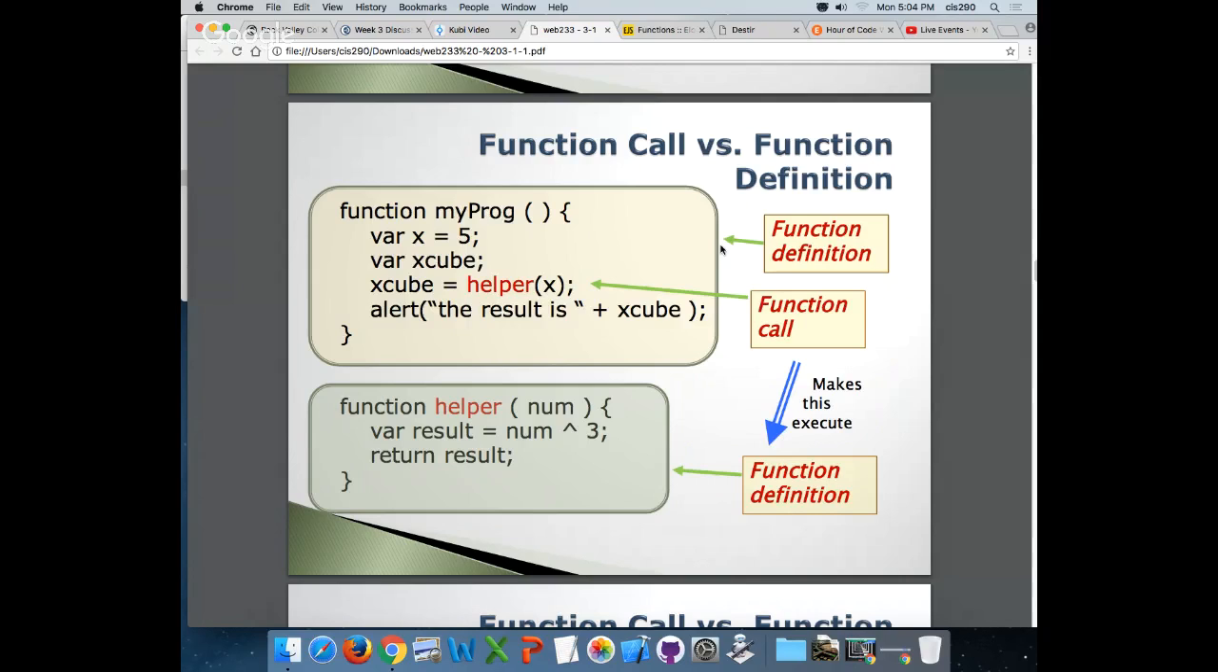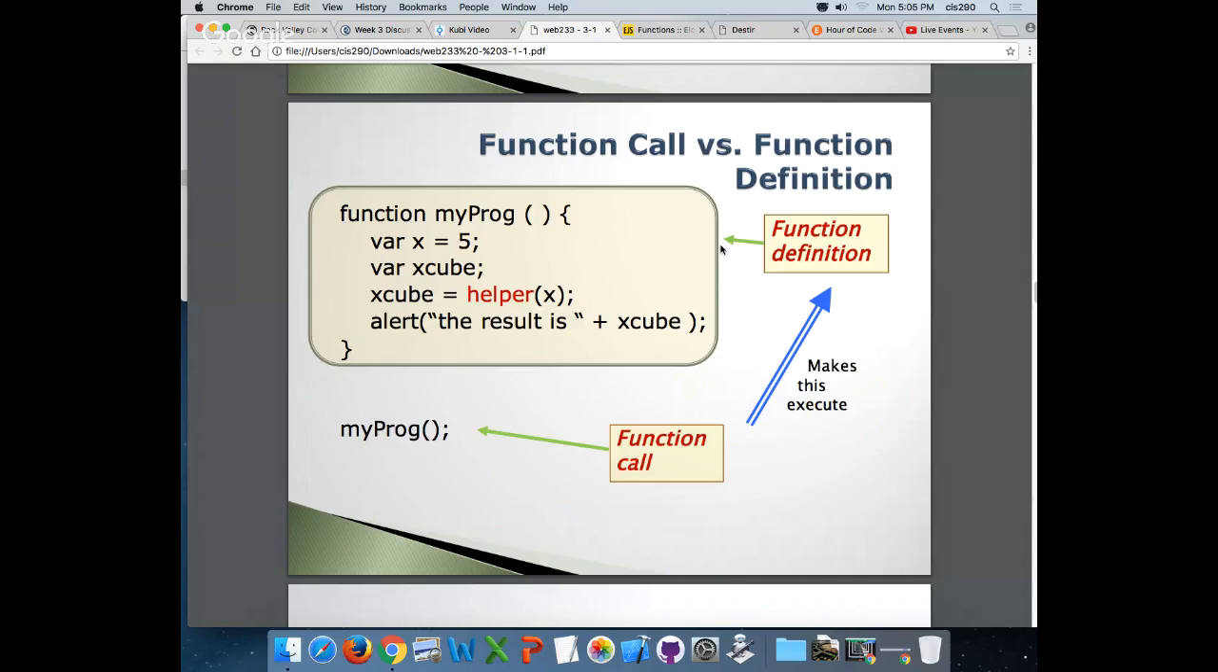When it returns result, it's going to go back here to the alert. Actually, it's going to go back right there. xCube is going to become this, where it says helper(x). This right here is going to be here in xCube. So the result is, and then whatever xCube is. And we'll actually do a live one here in a second, a number of them. Next, function